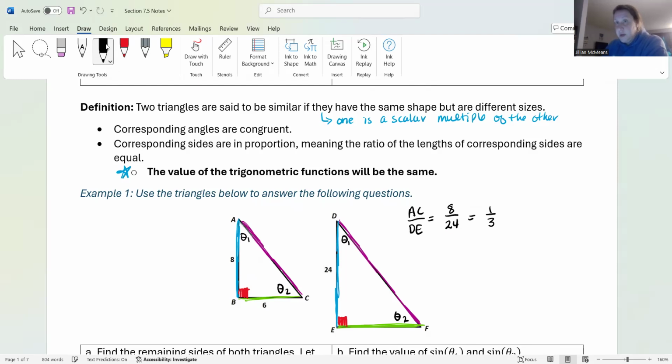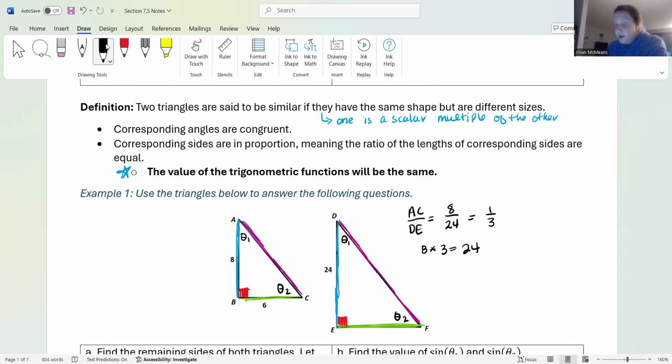So that tells me that the smaller triangle, the length of the sides are 1/3 of those of the larger triangle, or the larger triangle has lengths of sides that are 3 times those of the smaller triangle. Now, I do want to tell you right now, these triangles are not drawn to scale at all. So pretend they're drawn perfectly to scale, okay? So essentially what that means is if I took 8 and I multiplied it by 3, I would get 24,